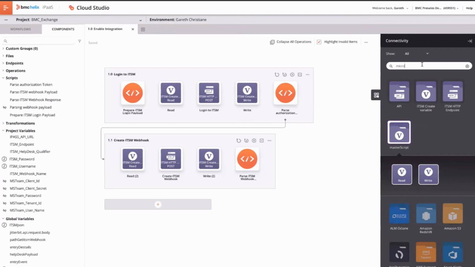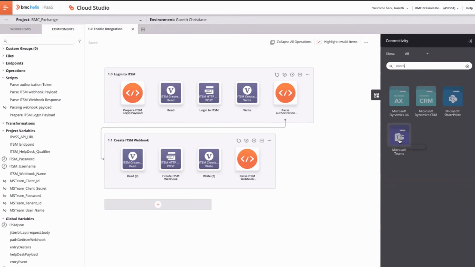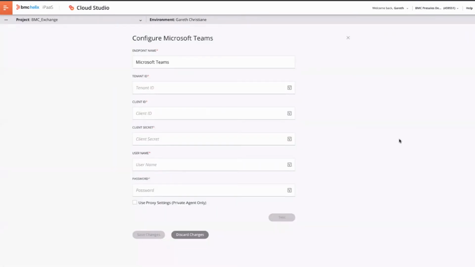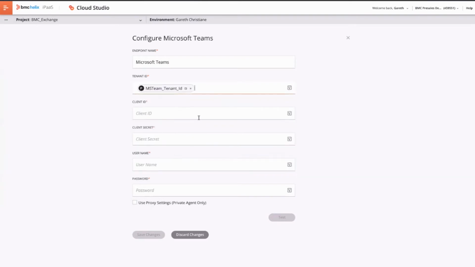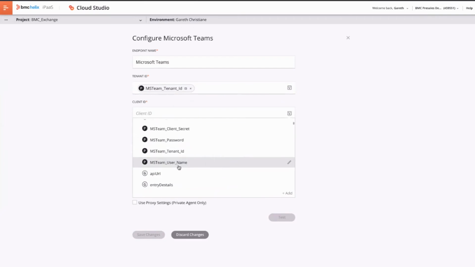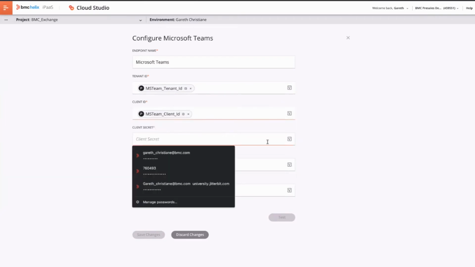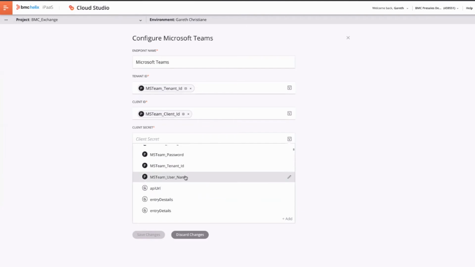So I'll quickly search for that connector. It's my Microsoft Teams connector. Now, this is the first stage where we're repurposing some of that initial import. Remember, I mentioned that we took in certain variables and scripts. So instead of engineers having to go back through and configure each of these elements, because we already have all that info, I'm simply going back into our project variables and specifying the different elements as on the screen over here. So I've got my Microsoft tenant ID, client ID, secret and such,